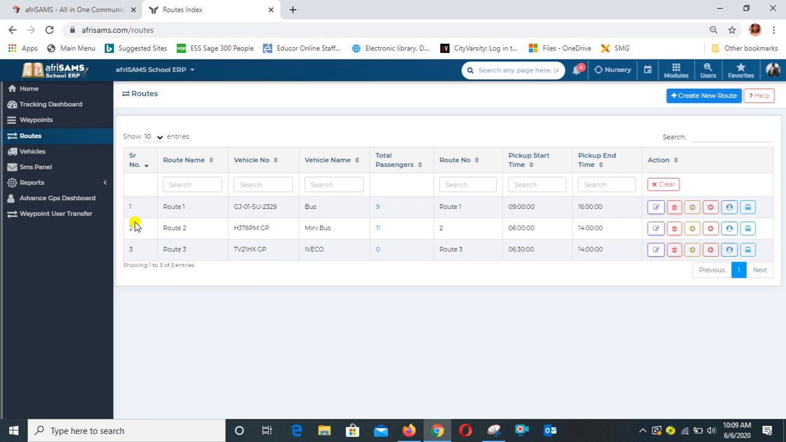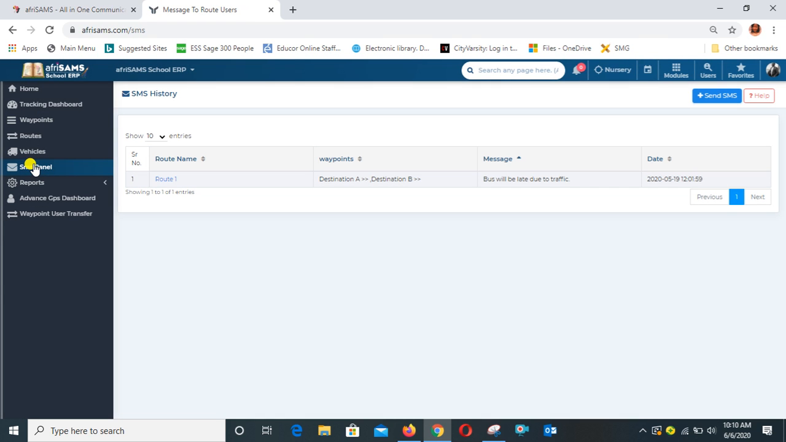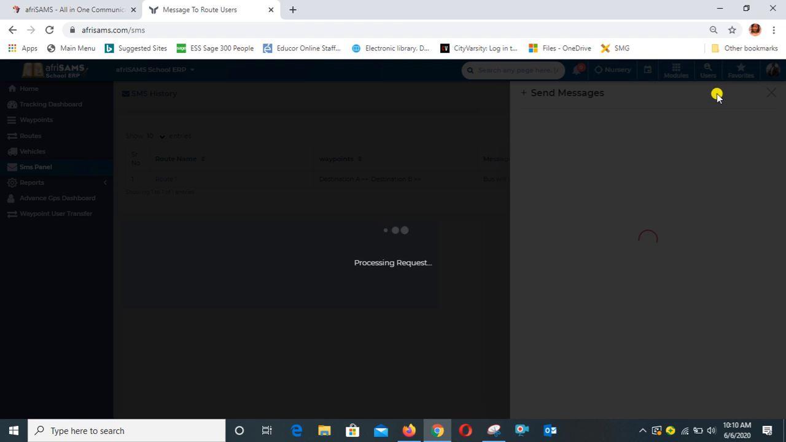So now that we are done, then we have an SMS panel. Now the SMS panel is used for cases of emergencies. Say maybe the bus is running late because there's an accident on the way, or maybe there's so much traffic. The driver will then call the coordinator to let them know that they are running late because of traffic, and then the coordinator has to send out SMSs to either the students and the parents to let them know of what is happening. So what happens is, as the coordinator, you go to send SMS,